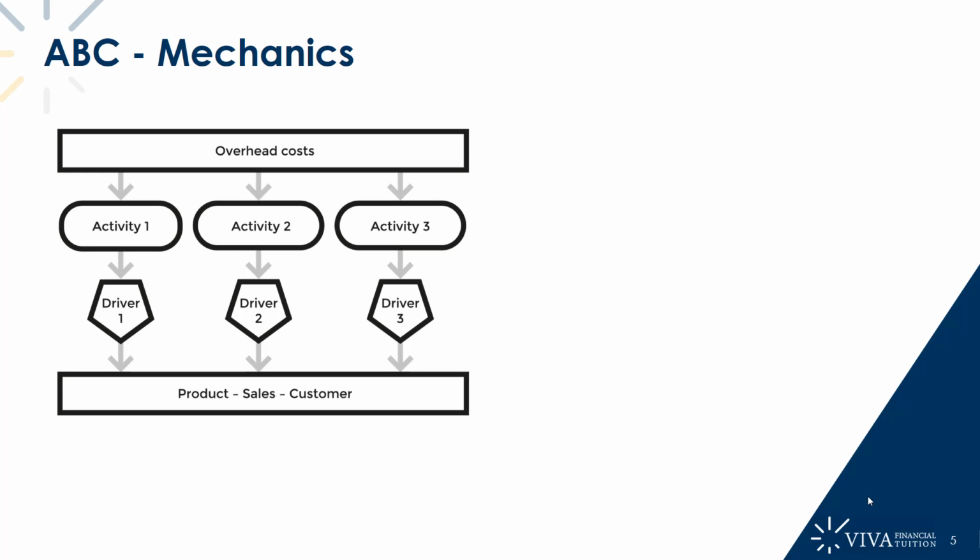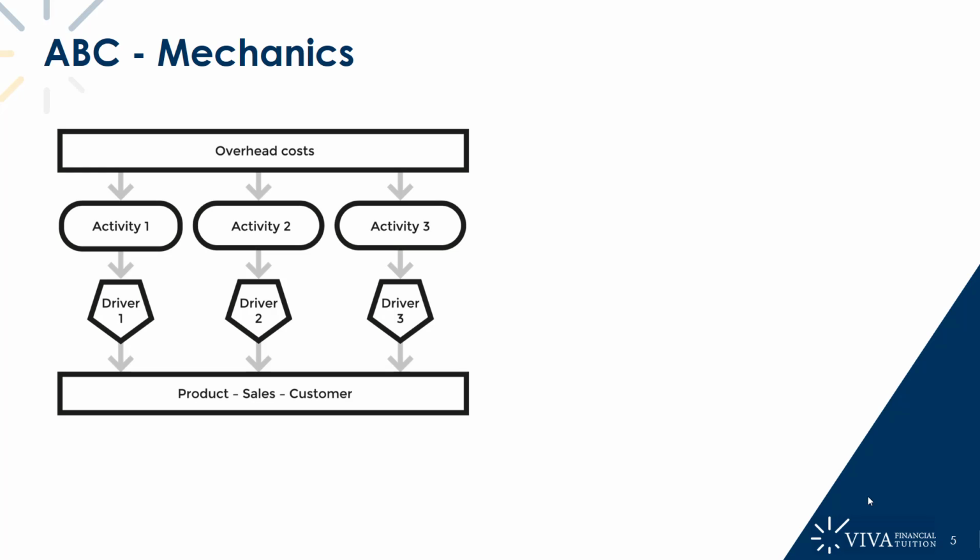And so what the business would do is it'd estimate what its overhead costs for the period are going to be within its factory. And then it'd have to break the business down into the almost sequence of events, the different activities that would have to take place in order for us to produce our products. So you see here on screen, we've got 3 different activities, but the reality in the real world for an actual business, there could be anywhere between 50 and 100 different activities